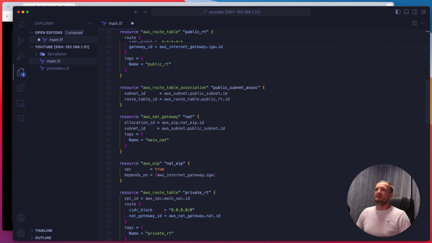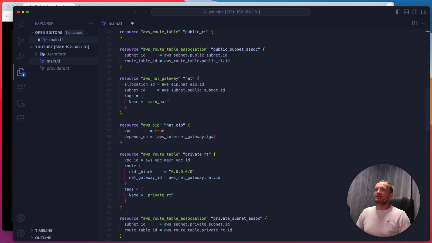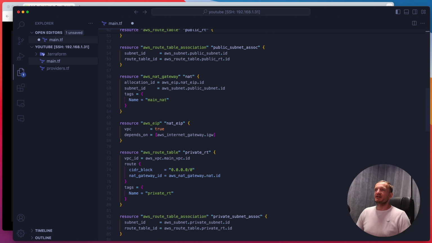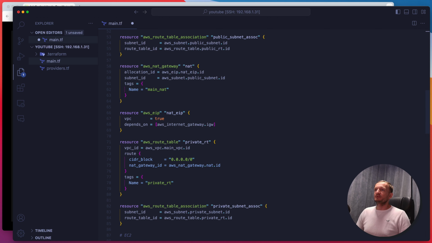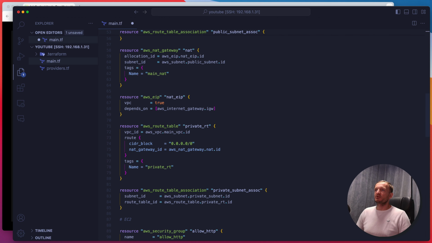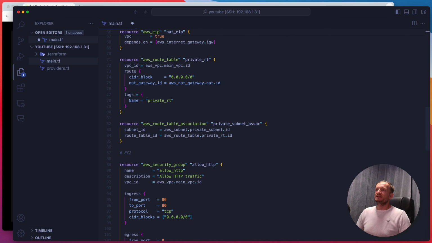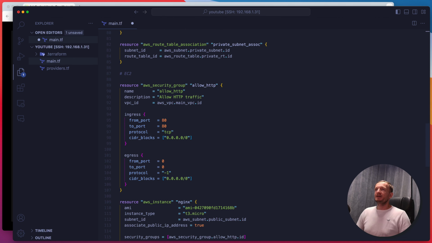Then we are creating a NAT gateway in our public subnet to be used for the private one. We are creating an elastic IP to associate with this NAT gateway. And then we are creating another route table for the private network and throwing all the traffic through the NAT gateway. Then we are creating another route table association for the private one,